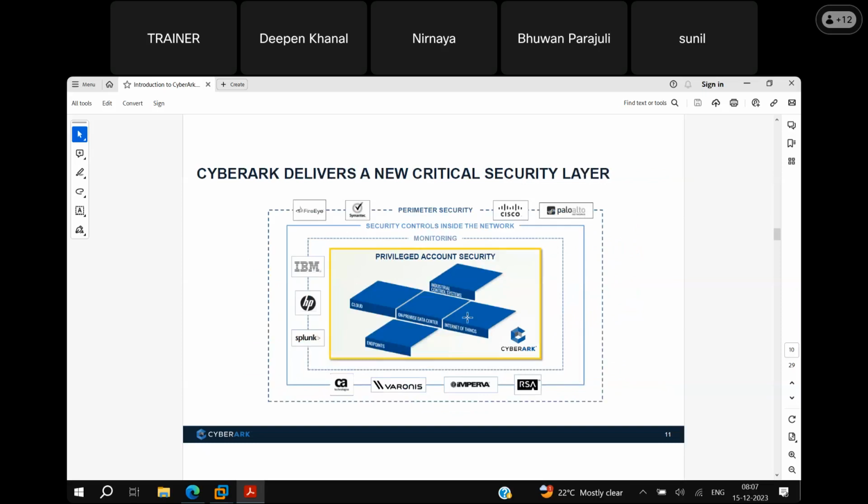In this slide, privileged accounts exist everywhere. We can also use third-party tools to get more enhanced security features along with CyberArk. In an organization, along with CyberArk, they can integrate an MFA factor, multi-factor authentication, with different products, or forward our logs, syslogs, to a syslog server such as Splunk. So this slide basically tells us CyberArk can integrate with other third-party vendor tools, like MFA, or for monitoring, Splunk, ArcSight, etc.